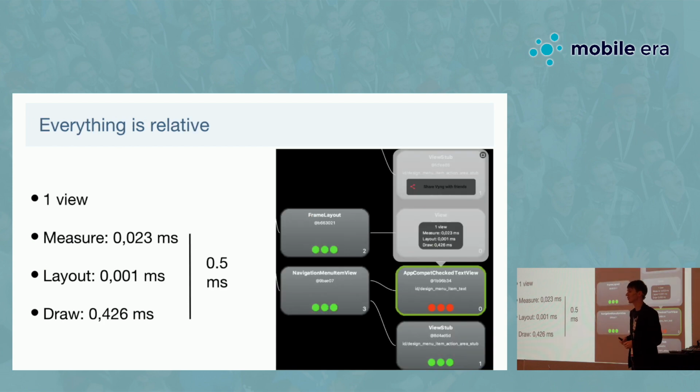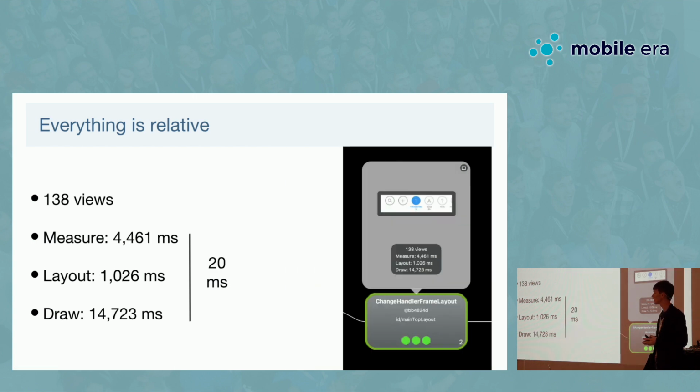That means that, for example, you can have some view that will be red, red, red. However, it's rendered in half a millisecond, which is actually a pretty good result, especially because we know that there is a text and an image view, so that's totally fine. However, in another place, you can have some views that will be green, green, green, and it's rendered in 20 milliseconds. And as you remember, we have 16 milliseconds overall, so we're definitely in trouble.